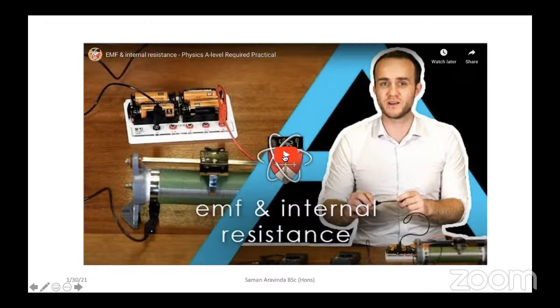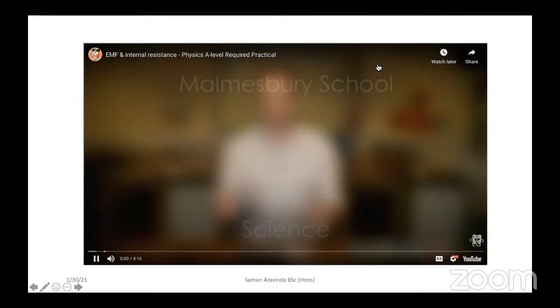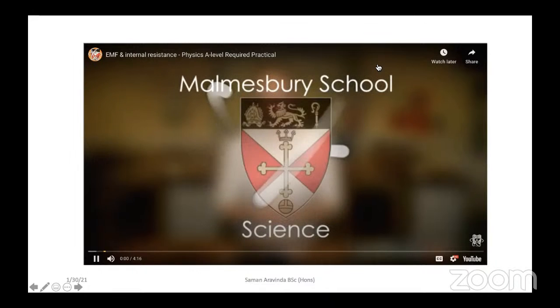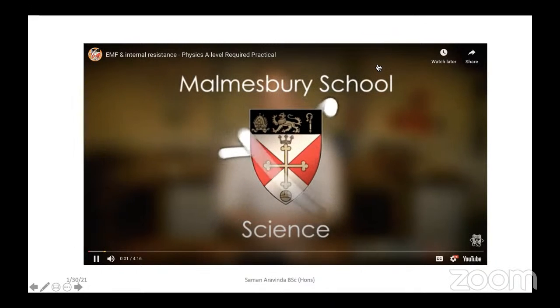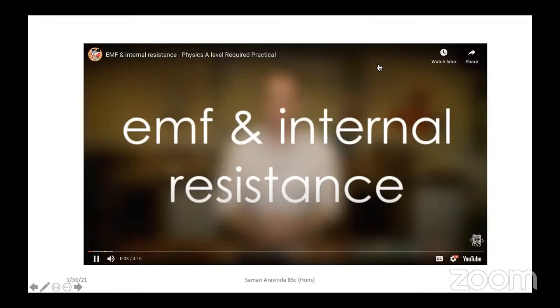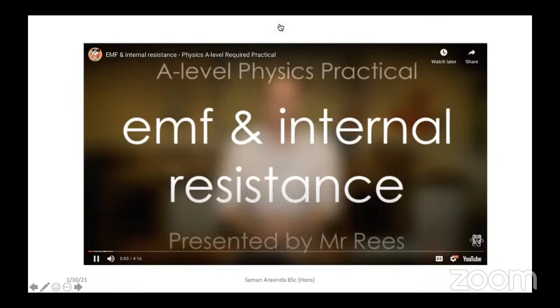Hi, this is Mr. Reese from Malmesbury Science, and I'm going to show you how to do the A-level physics practical, how to find the EMF and internal resistance of a battery. So batteries provide an EMF, that's electromotive force. You can think of that as the total voltage that the battery can output. However,